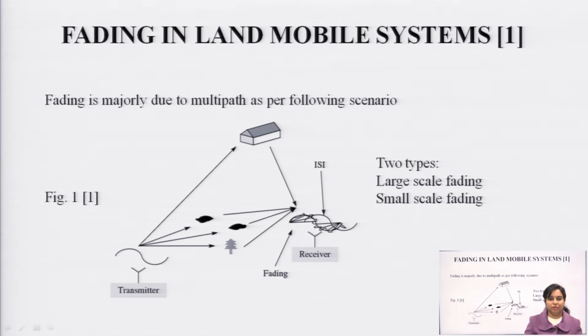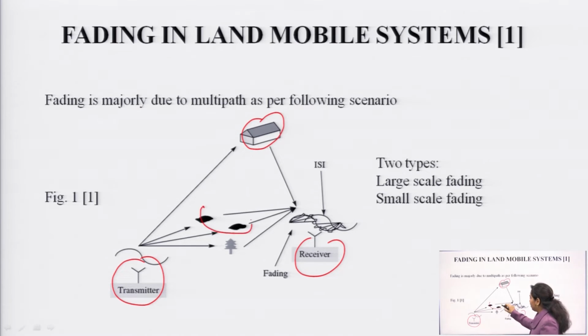In my previous lecture I have also discussed what is fading. Fading exists in multipath propagation, because in urban and suburban areas there is no direct line of sight between the transmitter and receiver. There will be buildings, hills and other intermediate objects. Like in this example, this is the transmitter, this is the receiver, and we have to transmit a signal from transmitter to receiver. Due to multiple obstacles like this building, these hills, this tree, the signal will be received from multiple paths, and you can see that you have transmitted this one and you are getting this